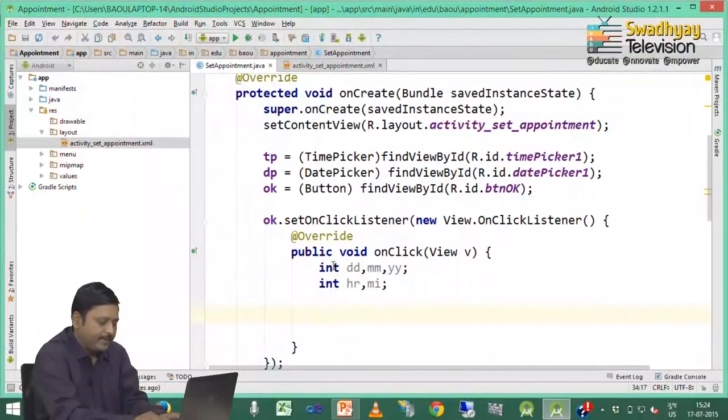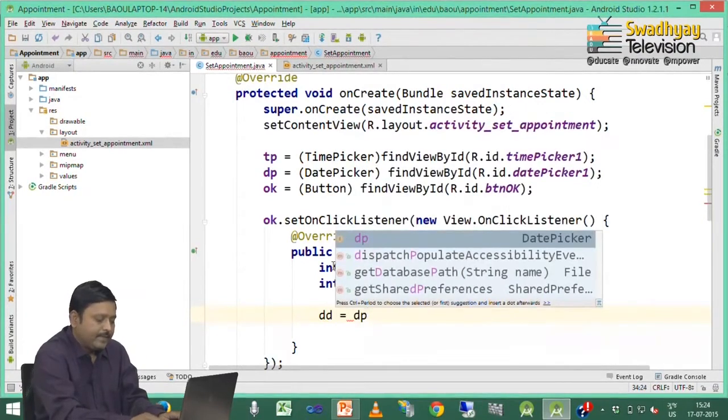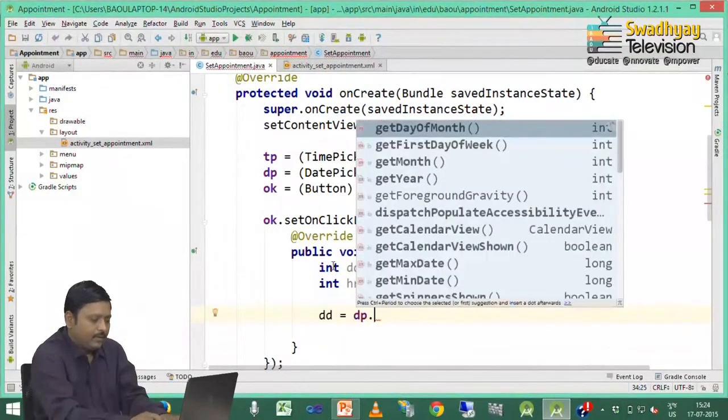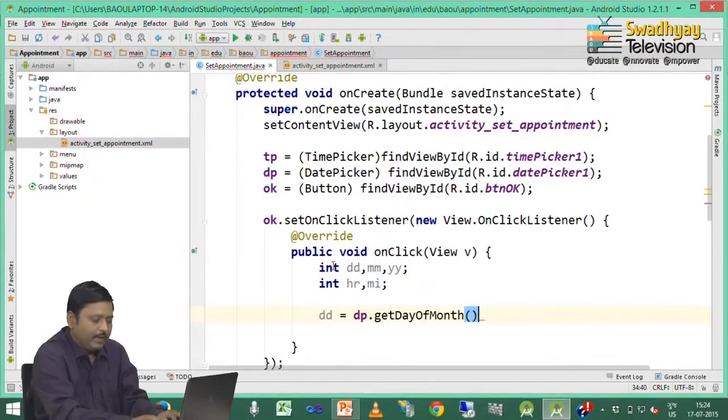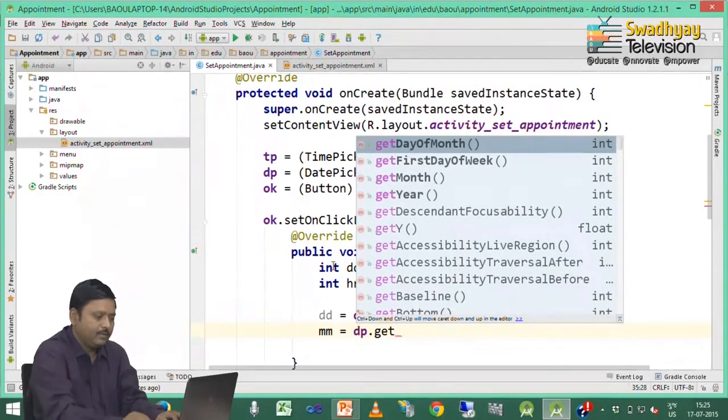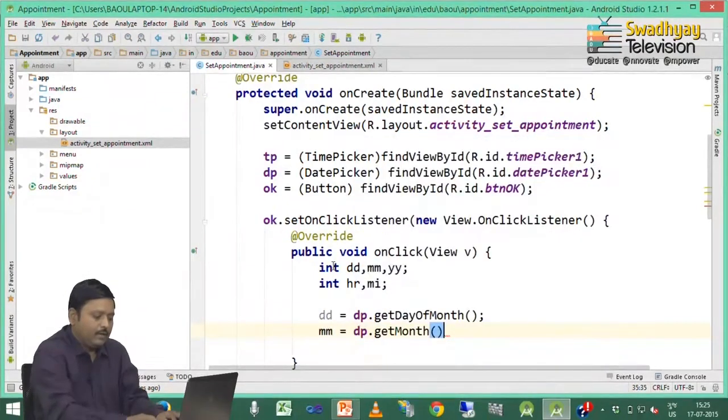So, here I am fetching dd is equal to our date picker is dp dot get day of month method. So, day of month will give us day of that month which is our date and inside mm I fetch dp dot get month, but these month starts from 0.